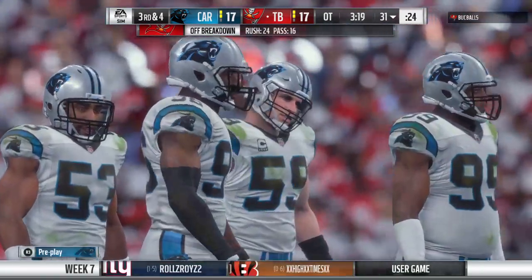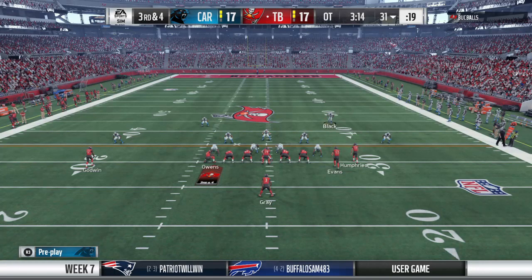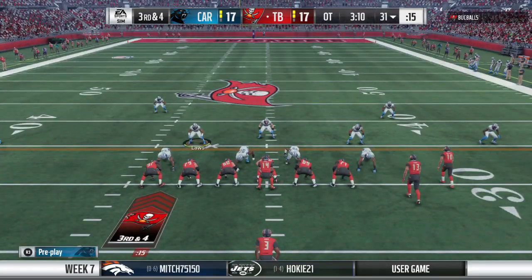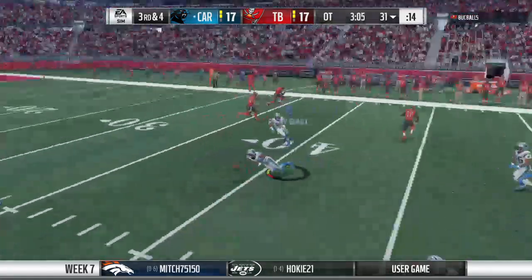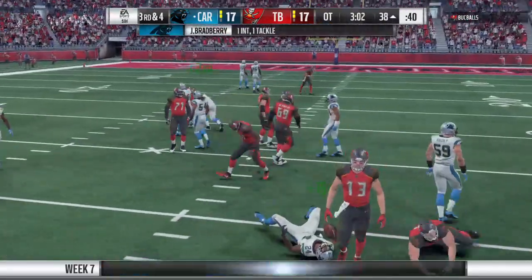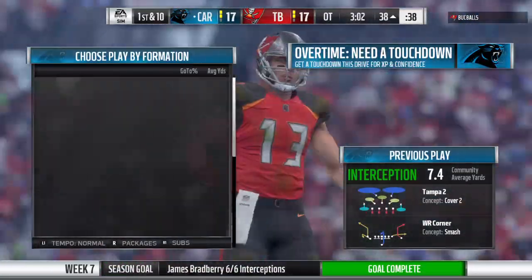It's 3rd and 4. Big play here, trying to keep this opening drive of overtime alive. Set, lead, 18. No, check, Patriot. Now a first throw here in overtime. Oh, and it's intercepted. Picked up by James Bradbury. And they have possession, and they have it at the 38-yard line. A costly mistake here in